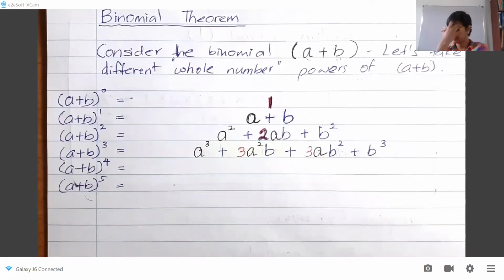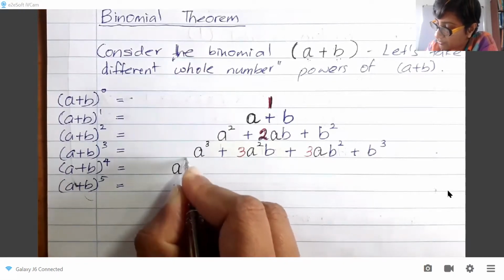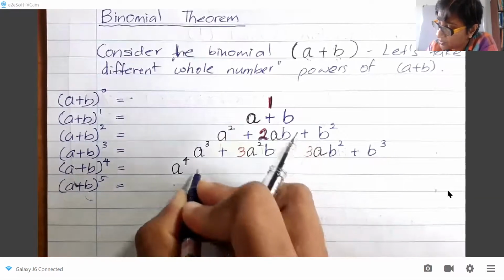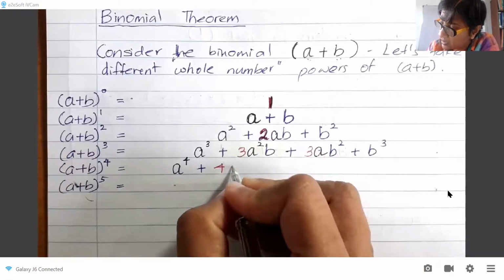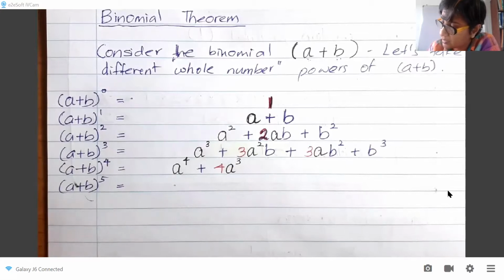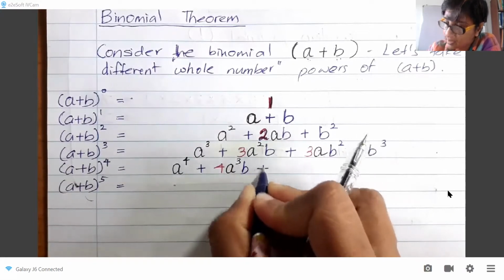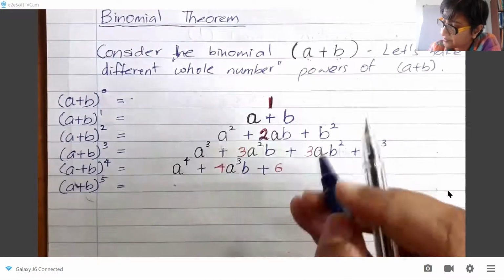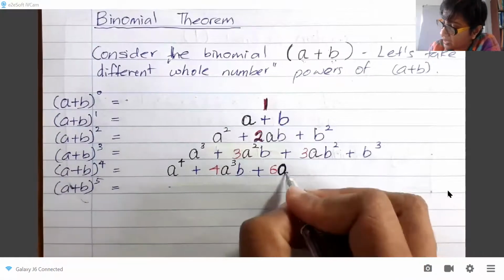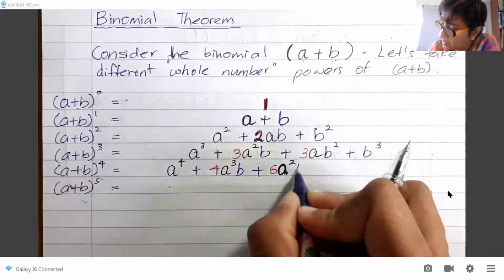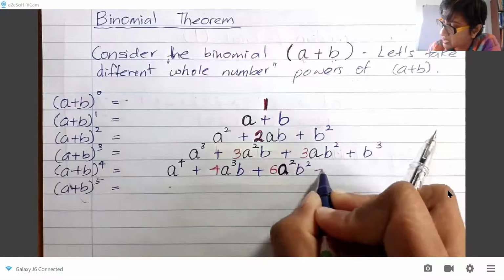I'm actually filling this for you. If you actually expand it, take your time and expand it, you will get, I don't know whether you already start seeing a pattern, a to the power of 4 plus 4 times a cube b plus 6 a squared b squared plus